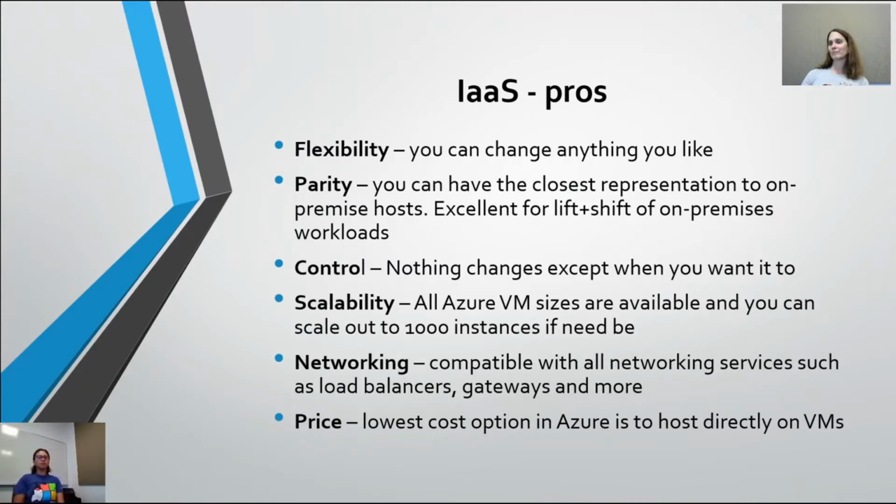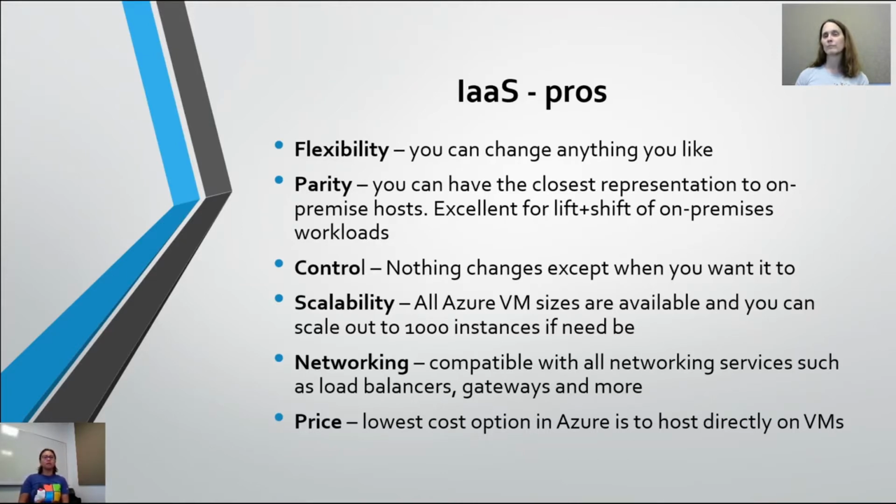You may not notice, but VMs are very flexible, and it brings a great parity between on-premise and cloud, as mentioned earlier. This way, it allows you to do the least amount of change, and this is important when you need more control over what's being moved from on-premise to the cloud. It also helps with compliance and issues where you need to have more control over your deployment, especially when you're debugging and looking into logs and things like that, and you want to see exactly what's going on. IaaS is a great place to start.